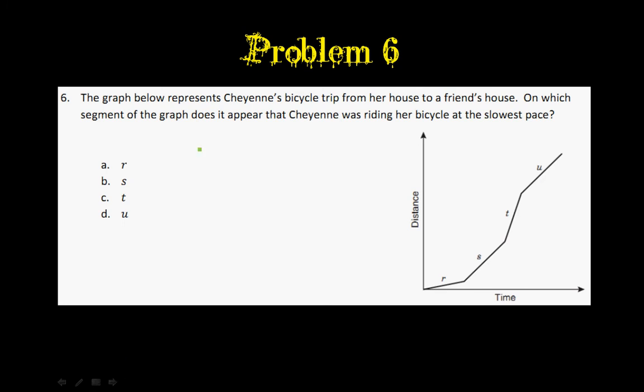And if you remember, fast means lots of distance and little time. Okay, so if we're going slow, obviously it's the opposite. It's not a lot of distance and a lot of time. So we need to find the one that has the least distance and the most time. So if I measure these out just like I did in class,